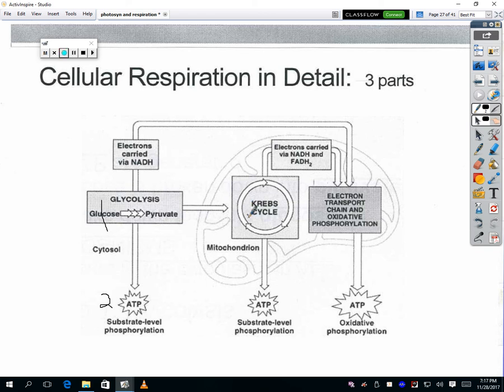During the Krebs cycle, pyruvate is going to be broken down. And you're going to get a lot of NADH and another high-energy compound, FADH2. You also get 2 more ATPs. So, at the end of the Krebs cycle, you're going to start what's called the electron transport chain. We remember it as this. Oxidative phosphorylation is another word, but we're going to be concerned with calling this third step the electron transport chain,